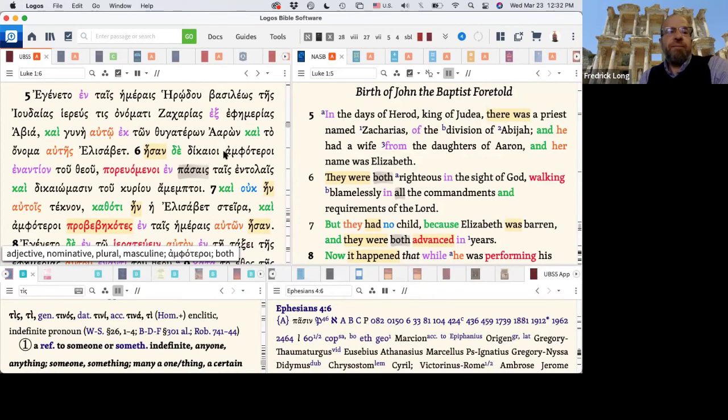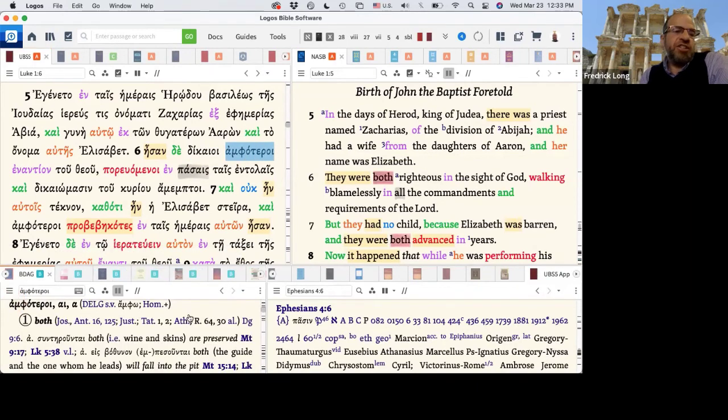So if I translate it as both of them were righteous. That's correct. Sorry, I thought about it like that the first time, so I was like, oh well, then both of them is the subject, but that's not. It's predicative, right? No, this is a predicate adjective, and amphoteroi, amphoteros, is an adjective as well. That would almost be like a substantive adjective, both, and righteous is the predicate adjective, because it's working with the verb of being.